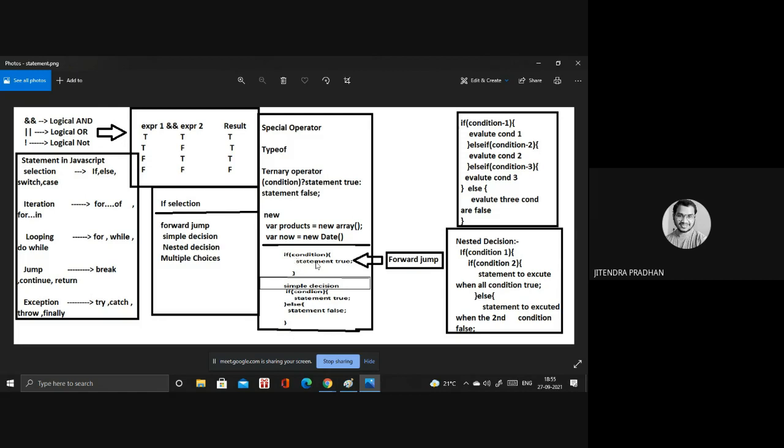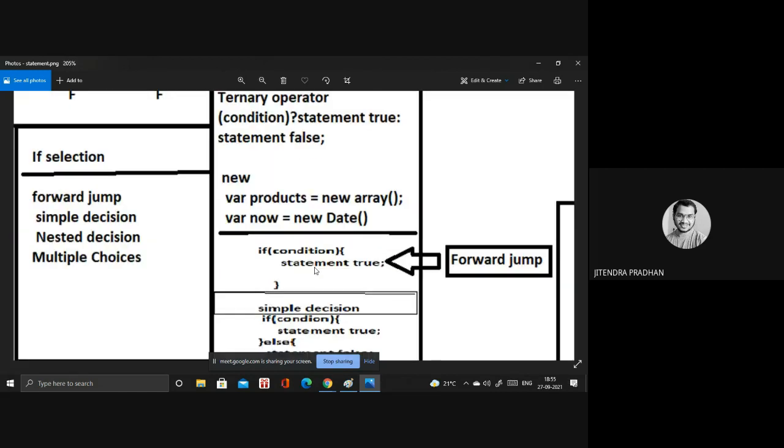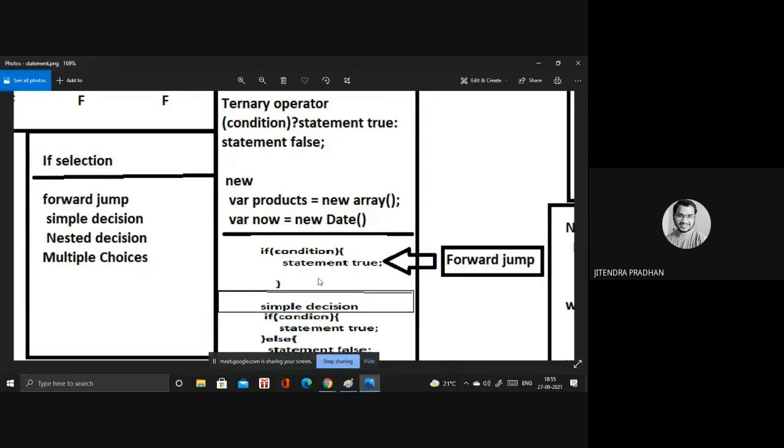Have you observed the simple decision? This one is the if condition, statement true. I'll zoom in on that point. If the condition is true, that one is the forward jump. It's a forward jump; there is no else part.